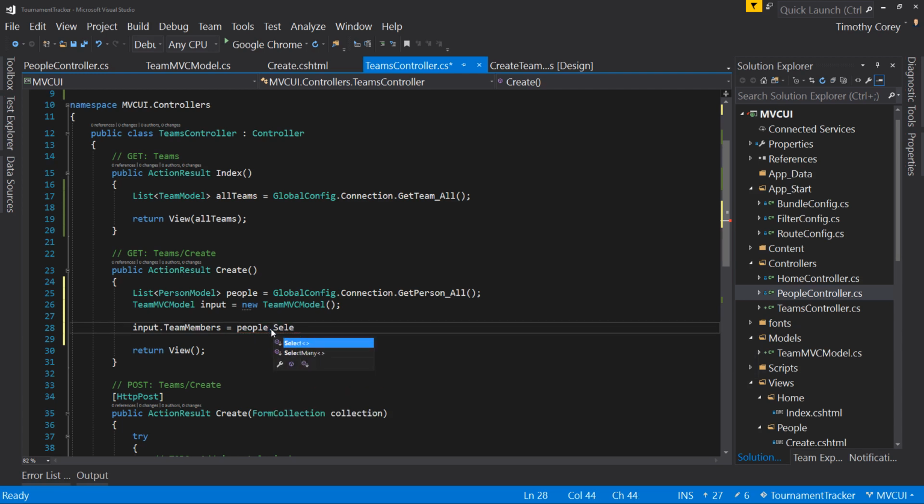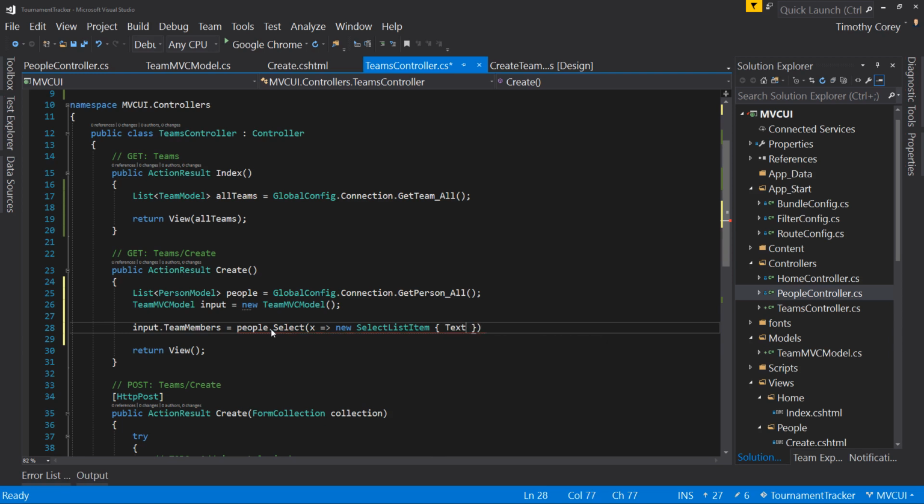We can say dot select. All right. Then we say X, we say equals greater than, we can say new select list item, curly braces,